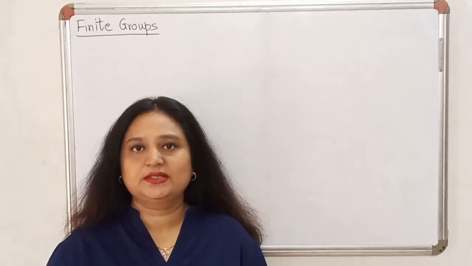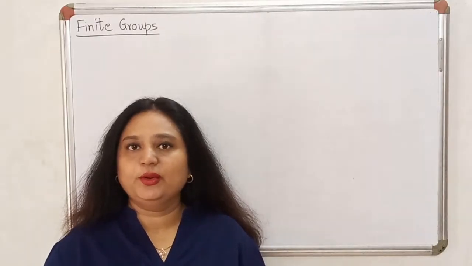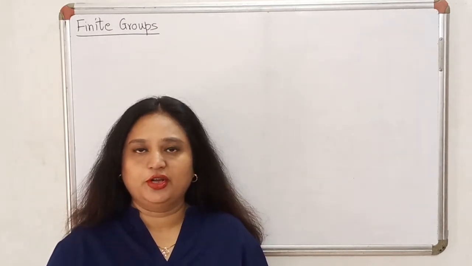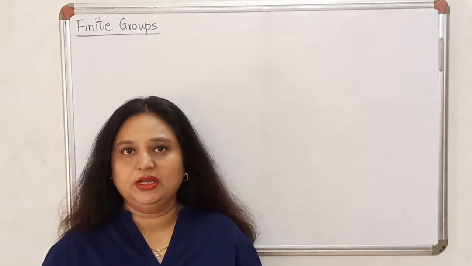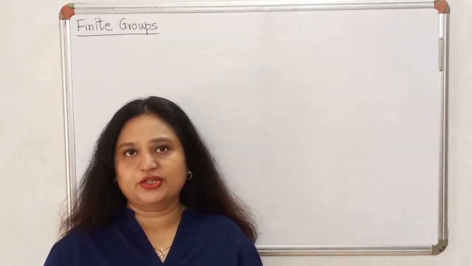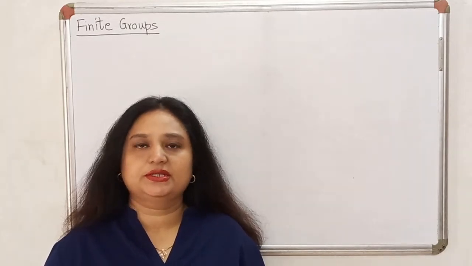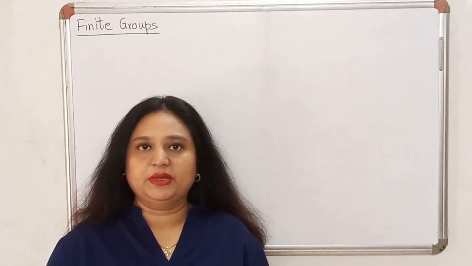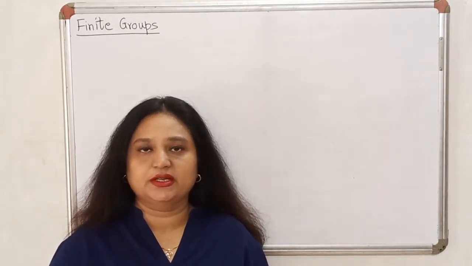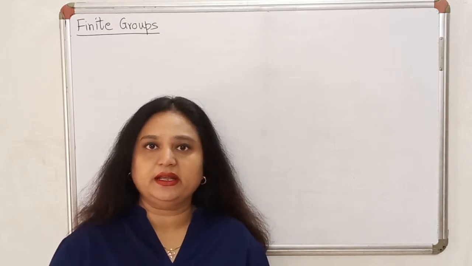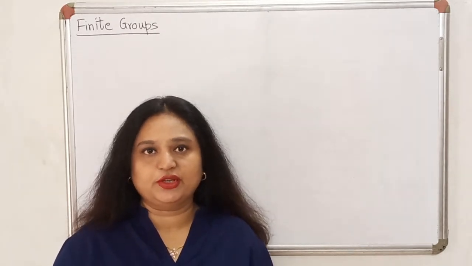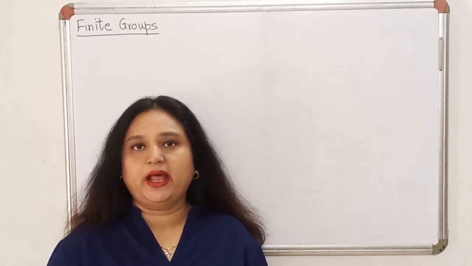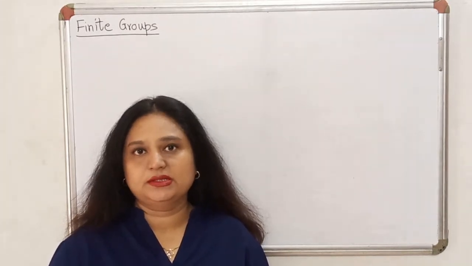Hello dear students. In the last few lectures, we have studied a group. For a group, you need a non-empty set G along with a binary operation on it, for which three conditions are satisfied. Associative property, that means the operation has to be associative. There has to be an identity in the set with respect to the given operation, and for every element in the group, there has to be an inverse.